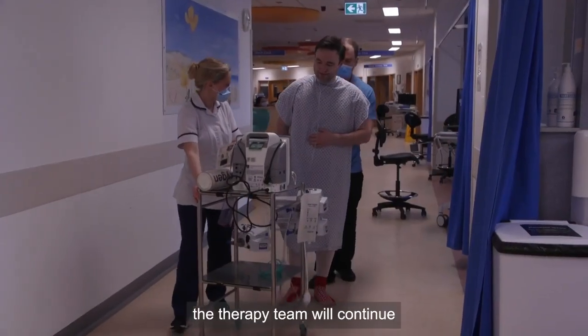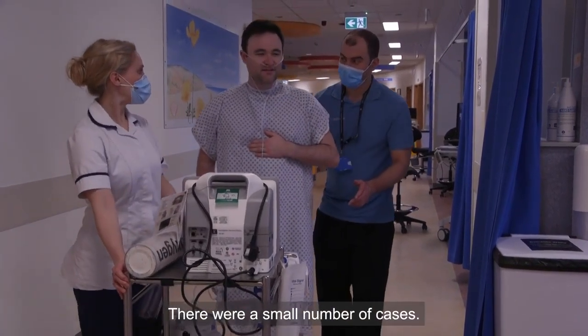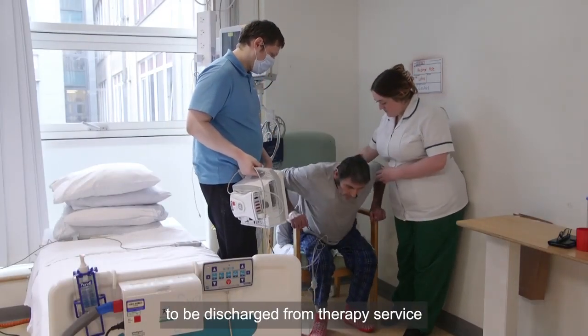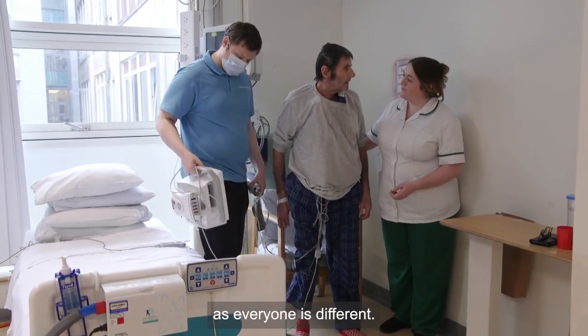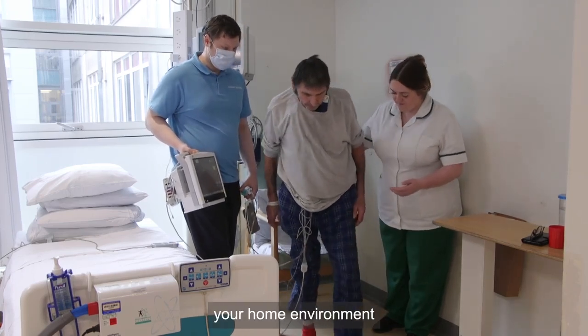In most cases, the therapy team will continue to see you on the ward until you are ready to be discharged from the service. In a small number of cases, patients may be discharged from the therapy service while still on the high dependency unit. How long it will take for you to be discharged from therapy service will vary from person to person, as everyone is different. We will ask you about your level of mobility before your operation, your home environment and your